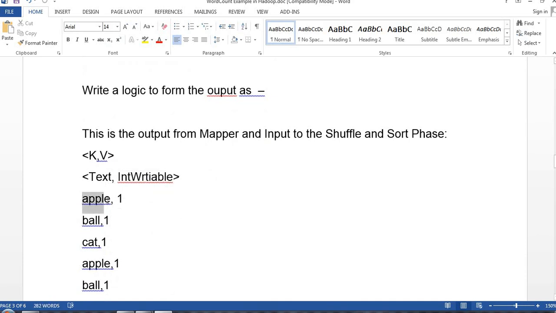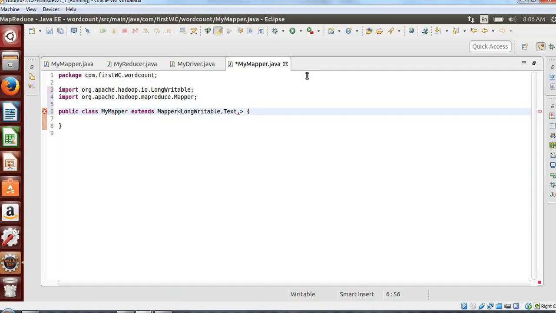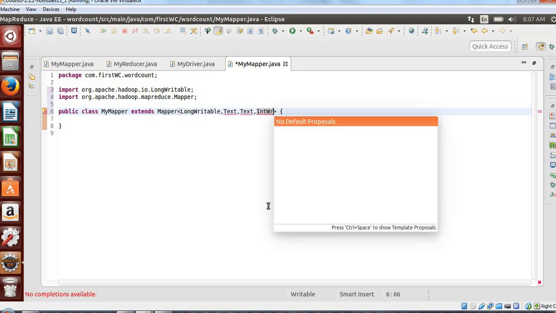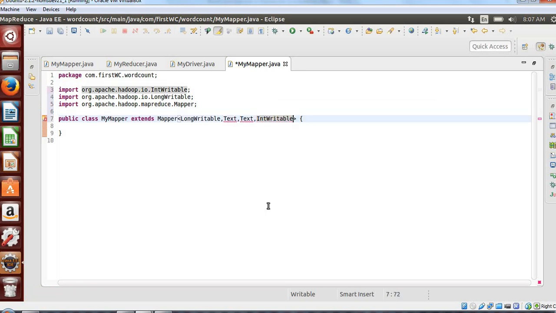So your key will be in the text form, and 1 means you are expecting it as an IntWritable. So again, your output key will be Text and your output value will be IntWritable. Ctrl+Space, hit enter.